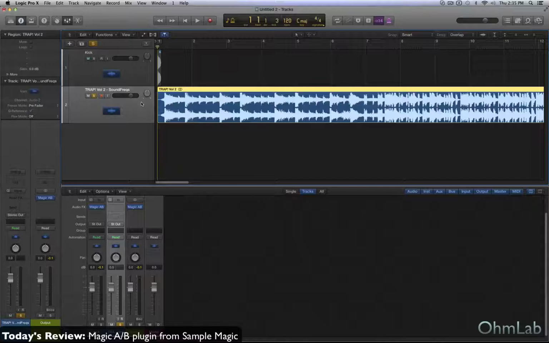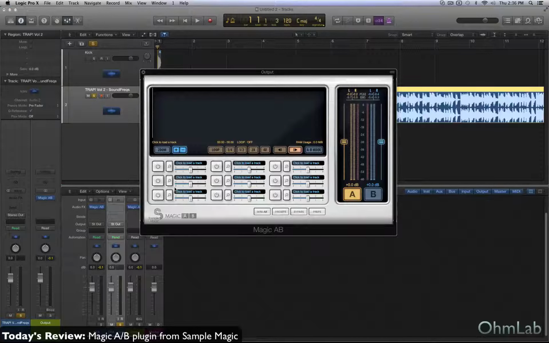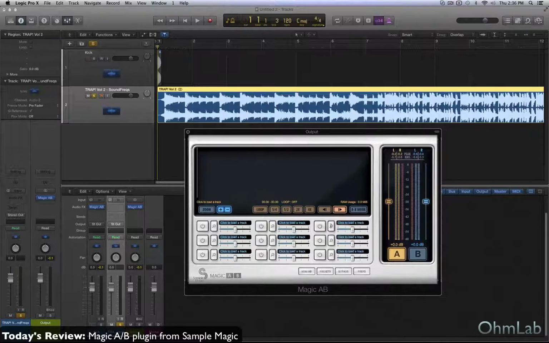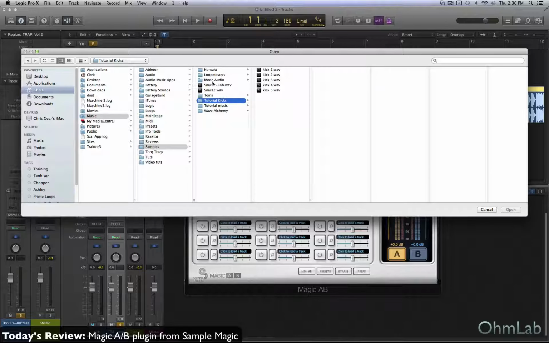And it happens to be a 3-part series, 3 different volumes of FM8 presets for trap music. So what I've done is I've loaded up number 2 here, and I'm going to open up AB, Magic AB, that is, on the output strip here. Okay, so the end of our signal chain instead of on an individual track. And I'm just going to load up the other demos in this same series,